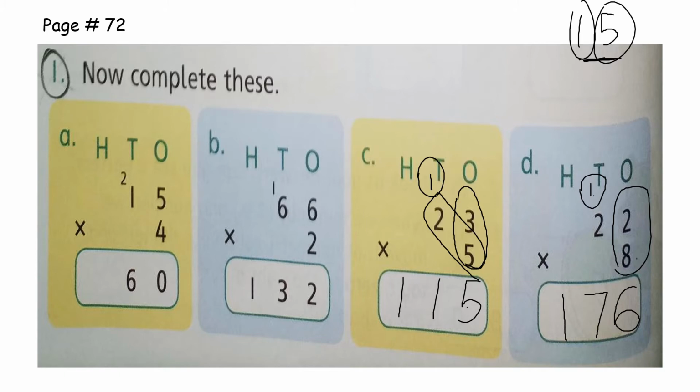So while doing multiplication, addition or subtraction, whatever you are doing, whenever you are writing numbers, you have to write in proper columns. Ones in ones, tens in tens, and hundreds in hundreds column. You cannot write 1 in the tens column. You cannot write 100 in the tens column. So you have to write in proper columns. Now come to the next page.